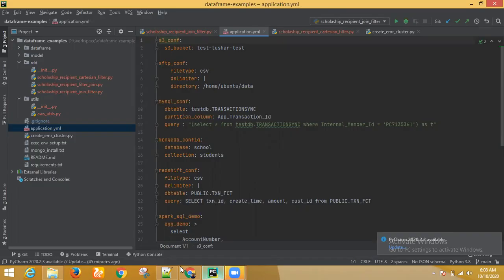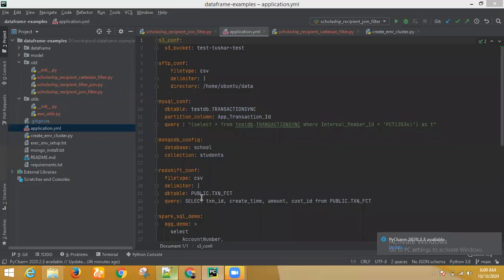Just one second, Siddharth, a quick question here. You created some services in AWS, right? We have created a cluster, we have created services in AWS. Now we are processing whatever code we have to process here in PyCharm?